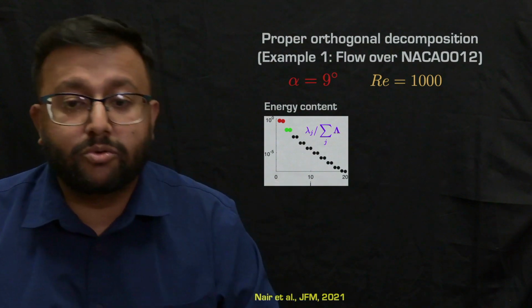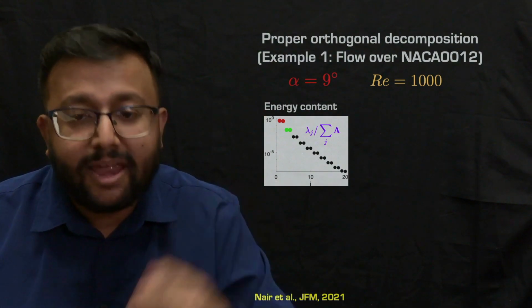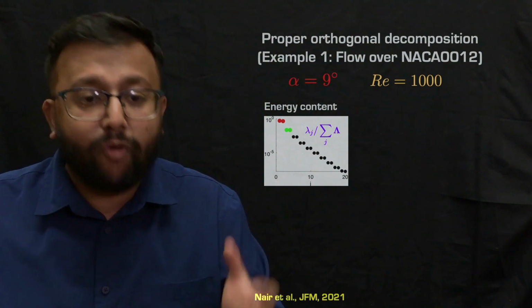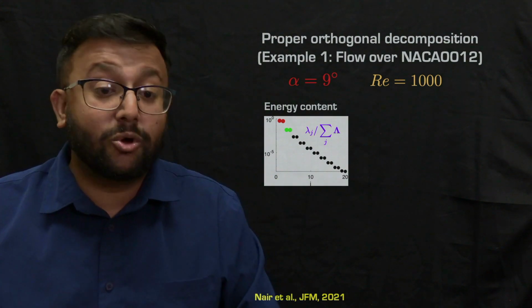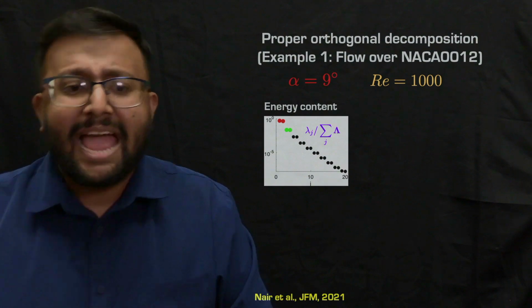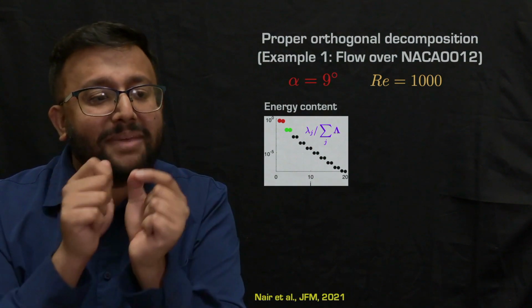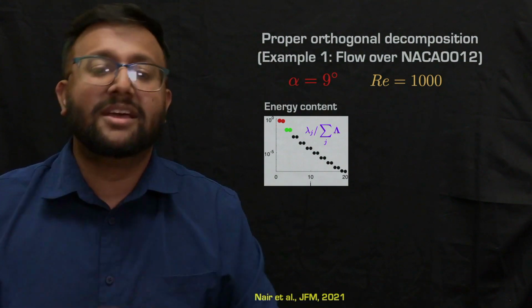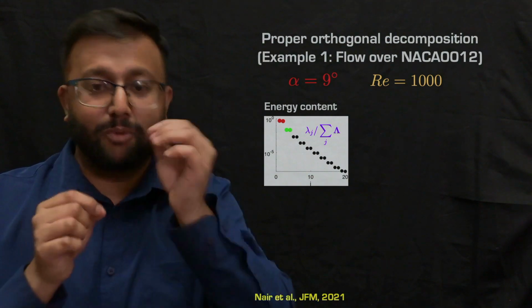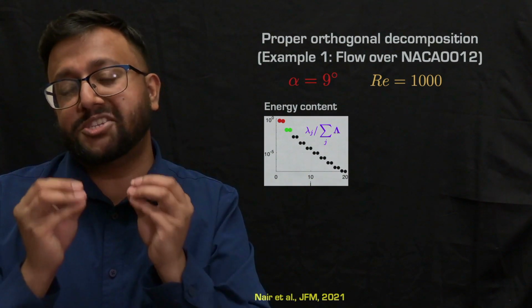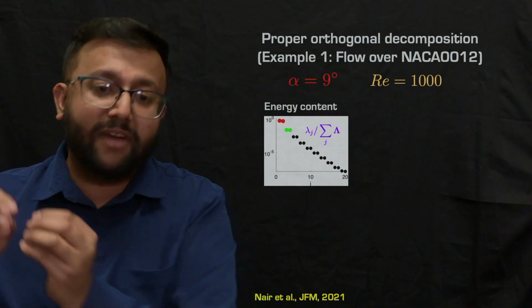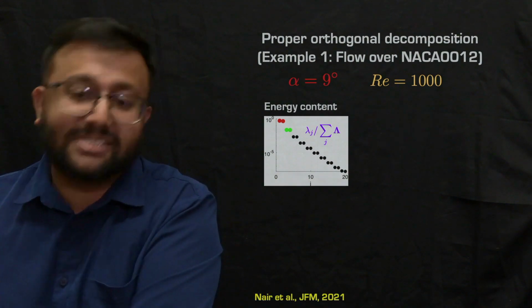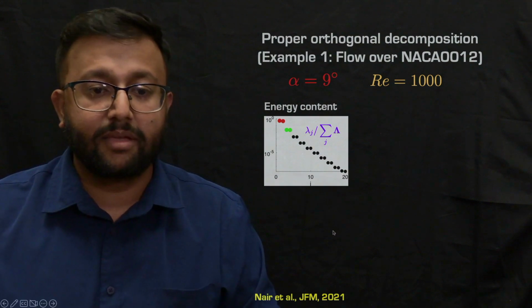I also show you modes 1 and 2 in red, and modes 3 and 4 shown by the green dots. And you can see that they always appear in conjugate pairs for this low Reynolds number flow. So mode 1 and mode 2 are what is known as conjugate mode pairs. Mode 3 and mode 4 are conjugate mode pairs, and so on, 5 and 6, 7 and 8, and so on and so forth.